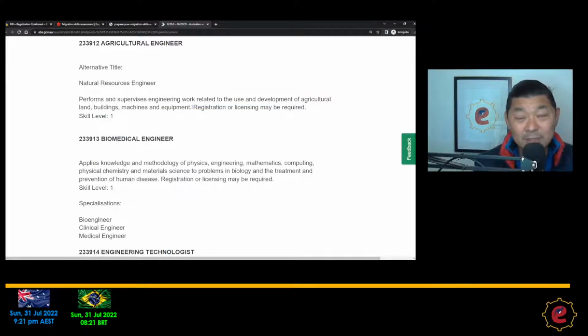But if you just work as a gardener or a landscaper, probably it's not going to be complex enough for you to write your career episodes. It's going to be difficult for you to address the 16 competencies that Engineers Australia requires for engineers.